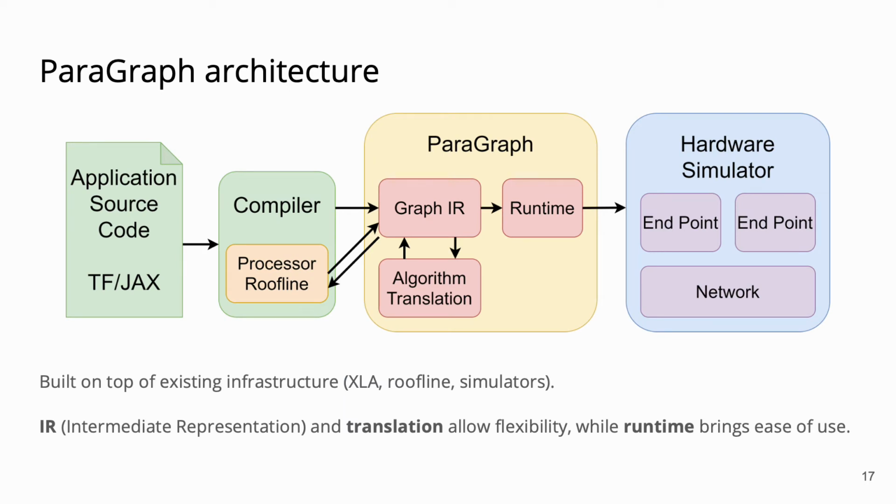It connects the compilers on the front end with hardware simulators on the back end. To model computational node architecture, ParaGraph uses refined models, such as available in optimizing compilers. Compilers can provide detailed application models from high-level frameworks like TensorFlow or JAX to ParaGraph IR. We use an internal translation mechanism to transform instructions that hardware simulators don't understand. The runtime provides available instructions to simulators via its instruction queue.